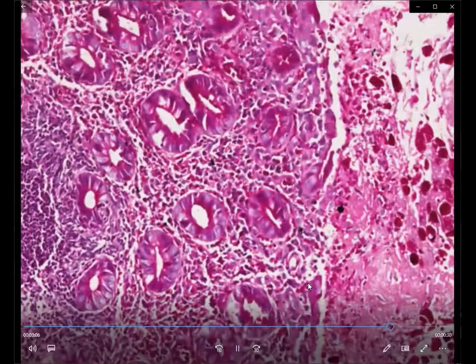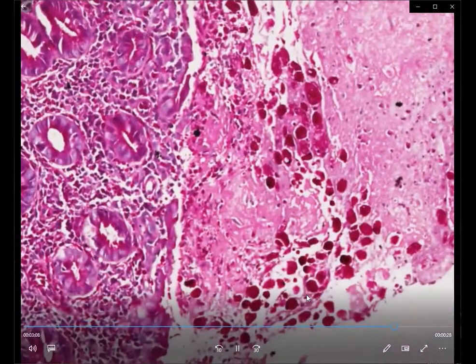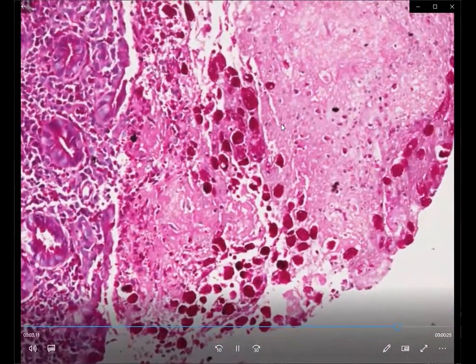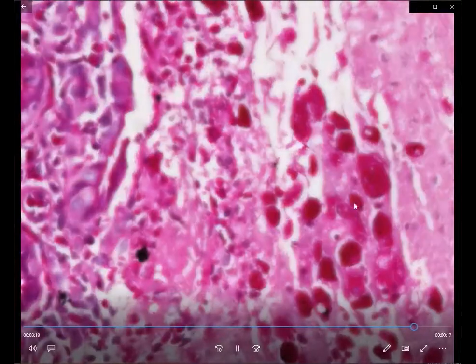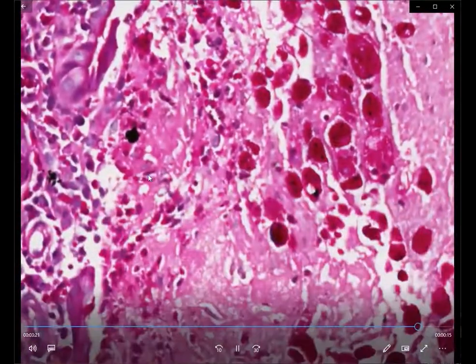So PAS is not confirmatory. It helps you to identify. If you're not able to pick them up on histology, then getting a PAS done will tell you that this is the ulcer slough where you will find them more easily. So then you can do a PAS stain, and that is one of the causes for active colitis.